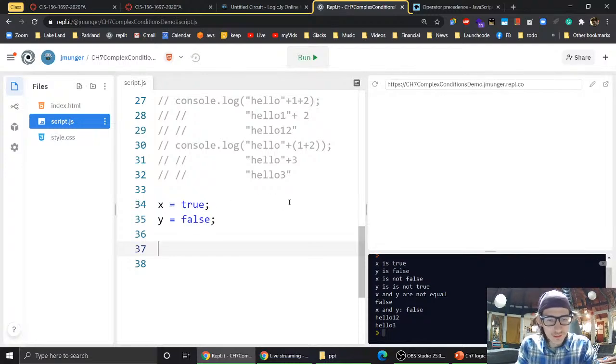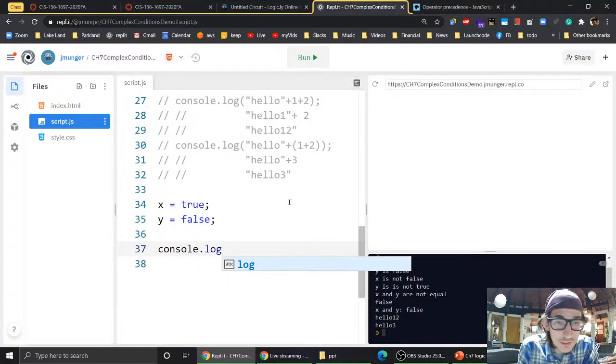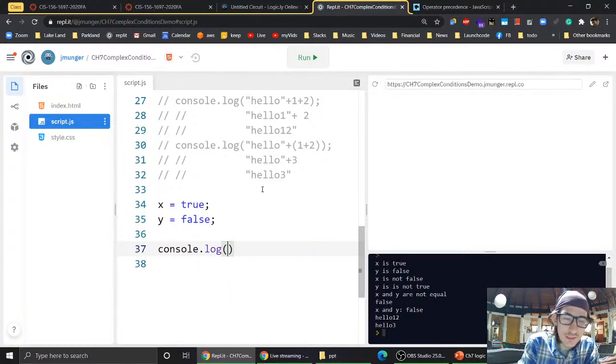So if we have print, I'm doing Java, or I'm doing Python, which is not what I want to do. I want to do console.log, which is right up here. I don't know why I had to think about it. X, that would be true, right? If we did not X, that would be false. But what about not X and